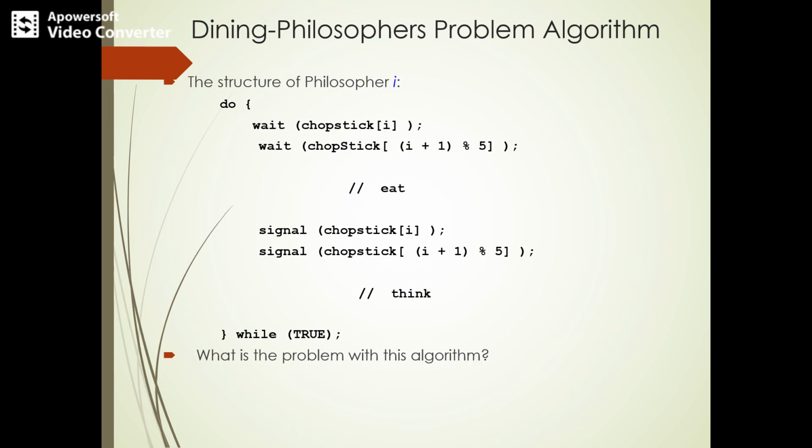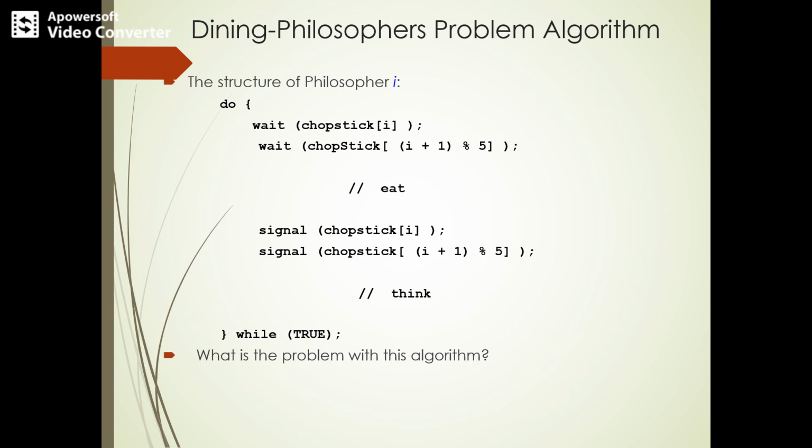So if the neighbors have released the chopstick, the philosopher is waiting. That is, the first is waiting to get a particular chopstick, because he has to obtain both chopsticks in order to eat. So one chopstick from the neighbor side, that is (i + 1) mod 5, and the chopstick of her own. There are 5 individual chopsticks. Each one is given a chopstick.